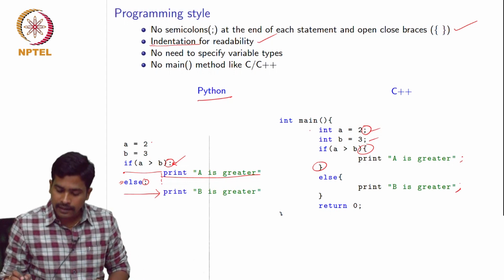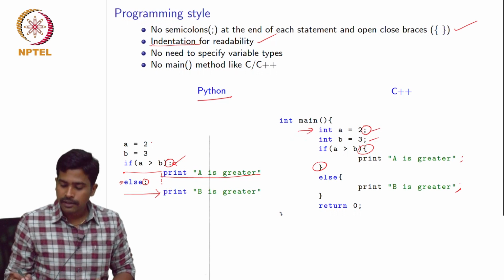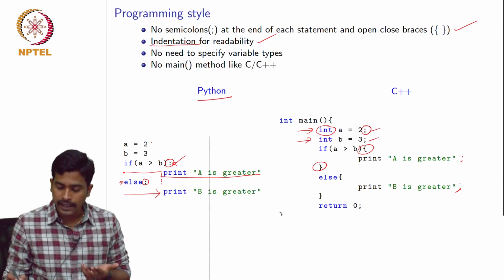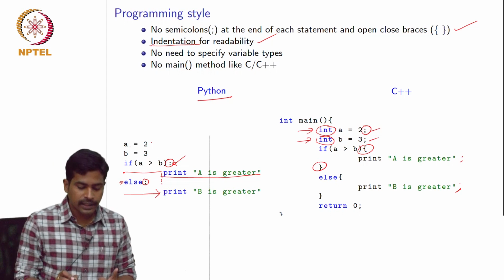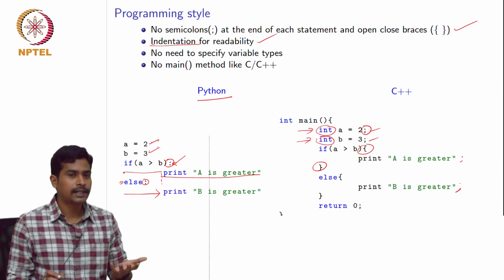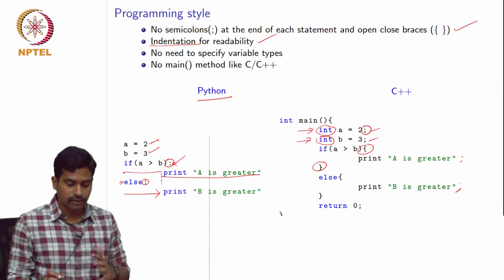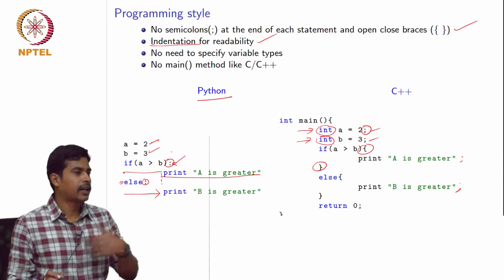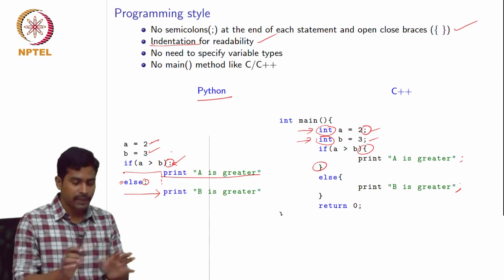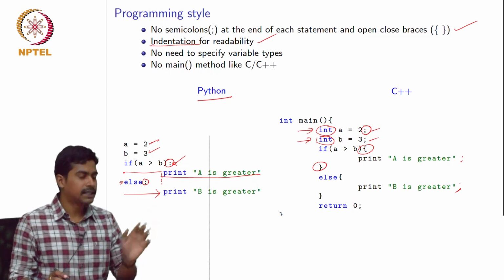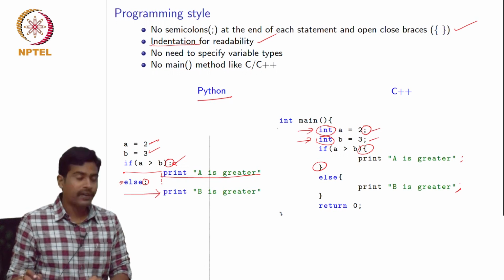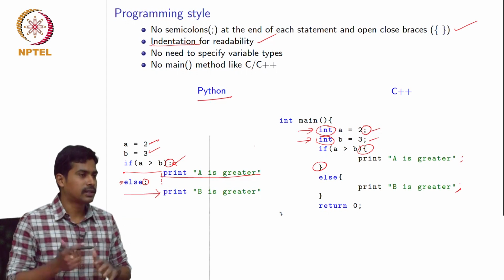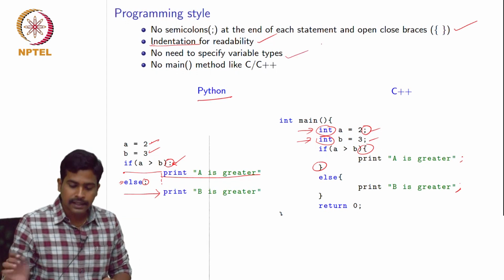And the third one: in C language, we have defined two variables A and B and declared them as integers by using the keyword int. But in Python, if you see these two statements, we have not specified whether it is an integer or float or a different type of variable. When you write A equals 2, the Python interpreter will itself take care of assigning the type to the variable. So A is by default declared as an integer because we have given it 2. This simplifies Python programming very much. You don't have to worry about variable types, you just write like English sentences. So this is the third difference.